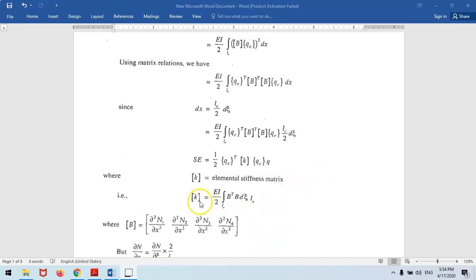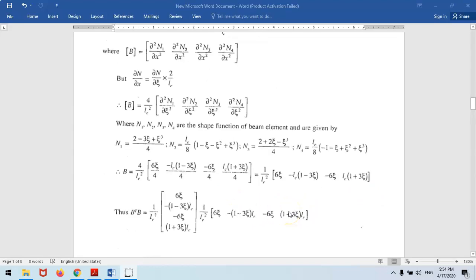So what is K in this? K is EI by 2 integration of B transpose B d zeta, and the limits is the length of an element Le. So already we know what is B and what is B transpose also. So what is B? We found out here. Nothing but the same equation what I have written above, that is